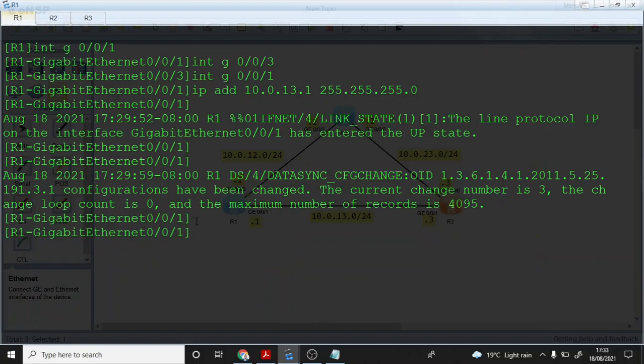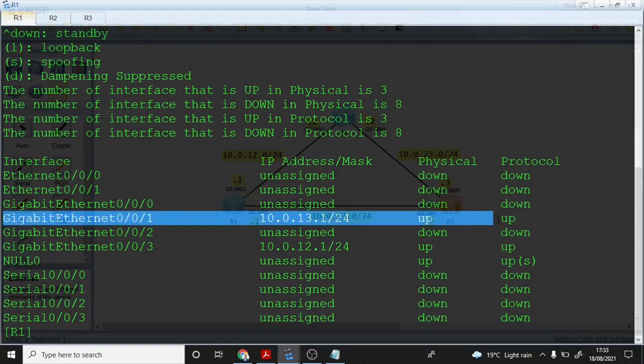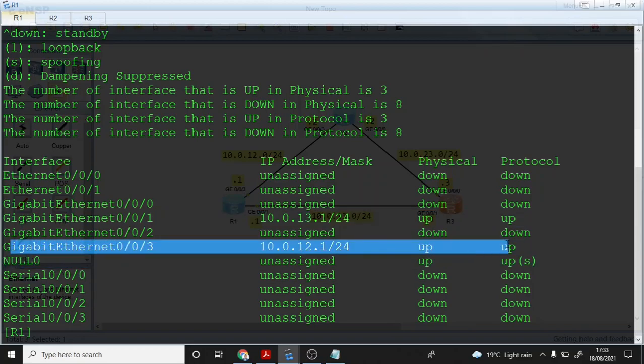So after confirming, of course, you can always do this. You have to quit on all of them. Display ip interface brief. So we can see on this one, we have configured G0/0/1 to connect to router 3 with that particular address, and this one to connect to router 2 with that particular address, and the statuses are both up on